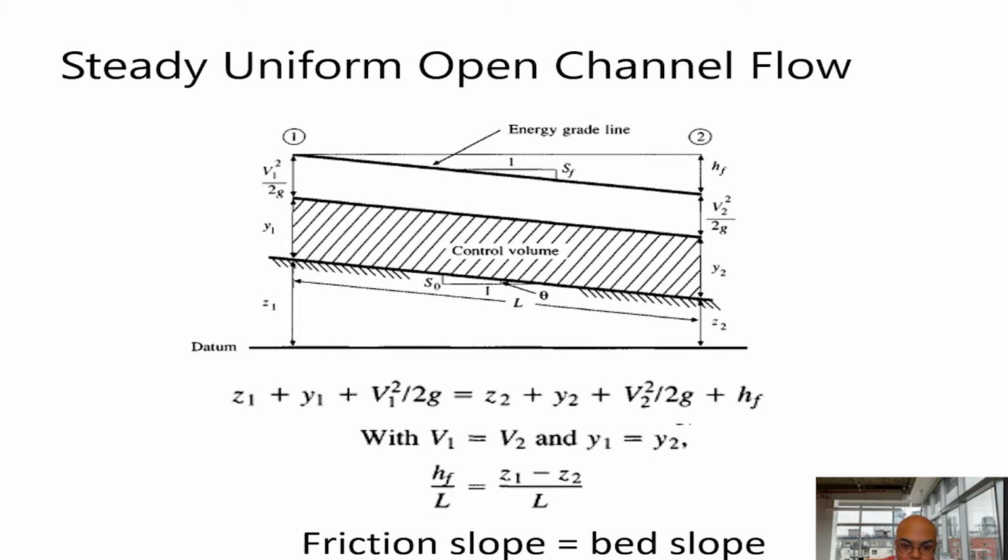So here hf arises because when the fluid flow is taking place, there is energy loss, because this energy is consumed by the friction. Okay, the frictional force which is resisting the forward movement of the flow consumes this energy hf.